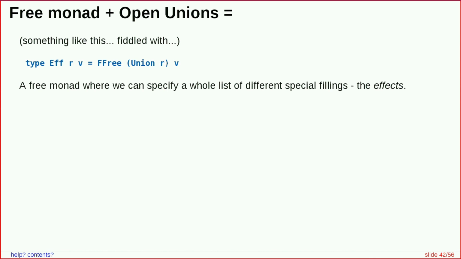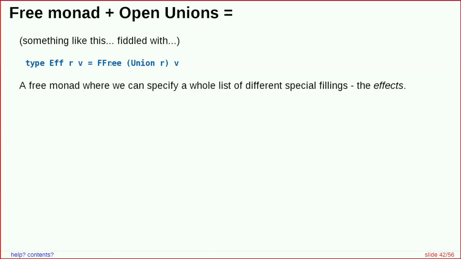Rather than having to make a single free monad data structure that knows how to do reader stuff and outputting a line, I can make two different data structures. One that says, here's the effects for printing, and here's the effects for doing reader stuff, and then I can compose them together by sticking them in. I could say free union read comma print or something like that. Okay,